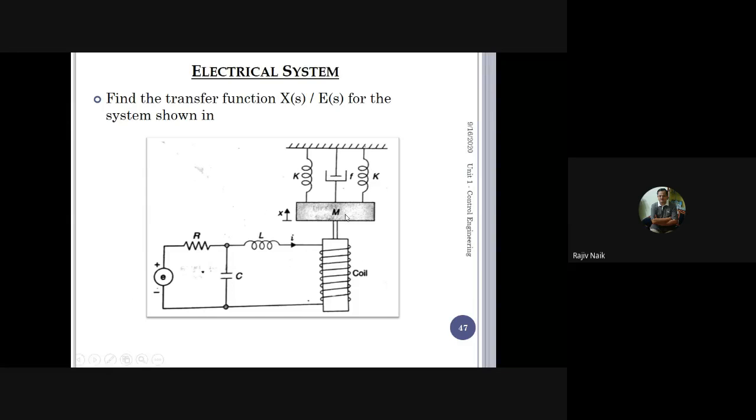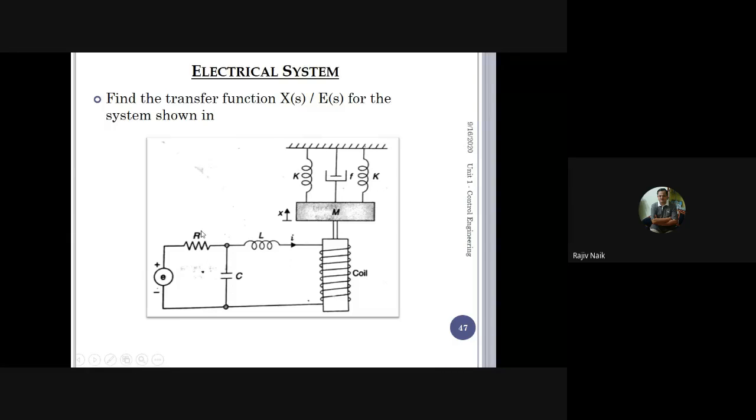So the hammer of the bell is this spring mass system. For balancing purpose, there are two springs. Both have the same stiffness, and in between there is a damper. That is a friction element. A damper may not be there in the case of an electrical bell, but the damper represents friction because some friction will be there. So that friction component is small f. And this bell has a hammer. The hammer has a mass. That mass I have taken as M.